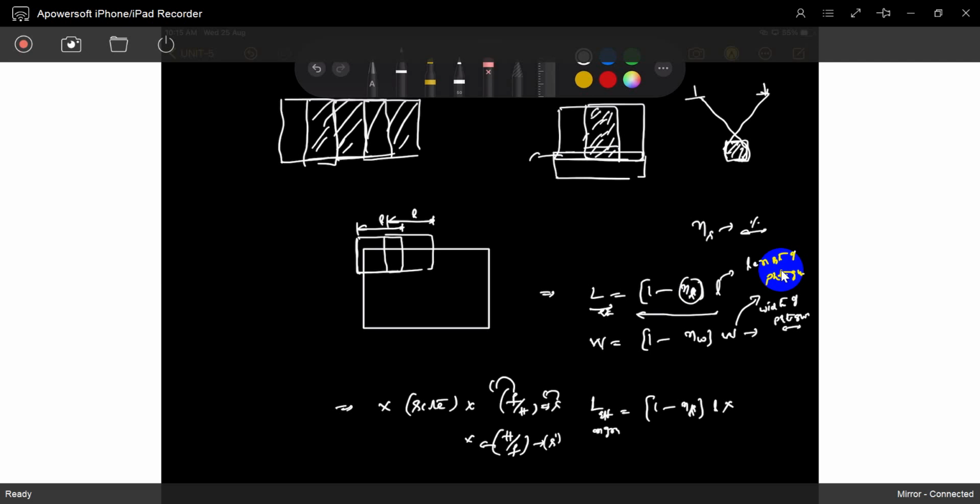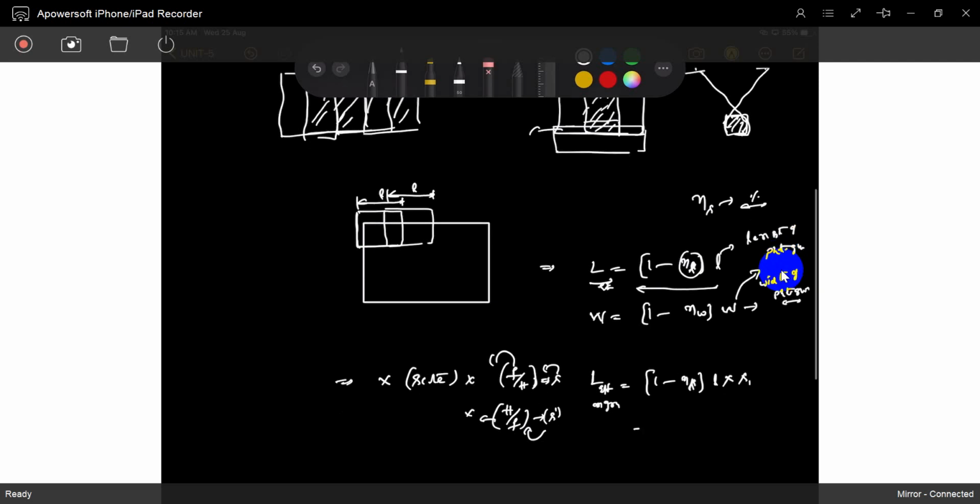We have to enlarge it. We have to find out the ground, H by f. We have to find out the photo, f by H. You already know it. So I call it as s dash. Same thing, width also on the ground, L into s dash.